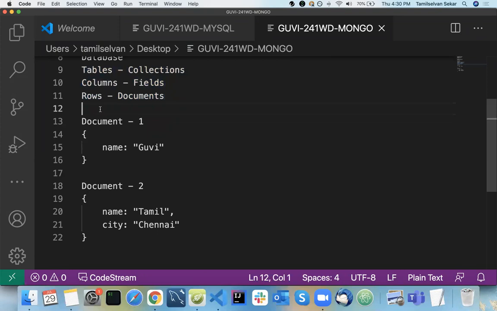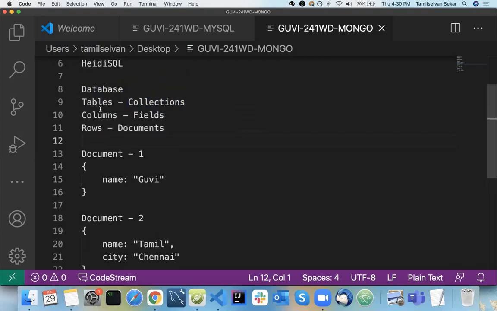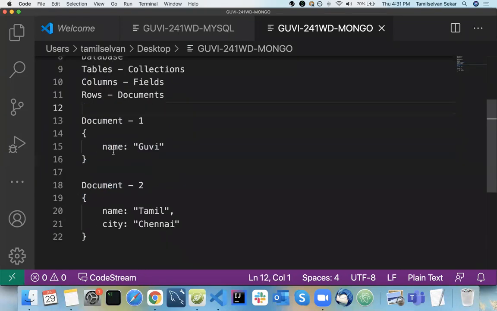Also, in the case of SQL, why is MongoDB non-relational or why does it have no structure or no relation? This is your first row in your table, or the collection. You can have a different column, like name equal to Gooby, and same way for your document too, you can have different columns like name and city. So there is no predefined structure to your collection. Each and every row is a JSON object inside your MongoDB collection.